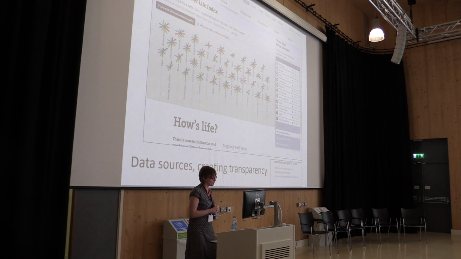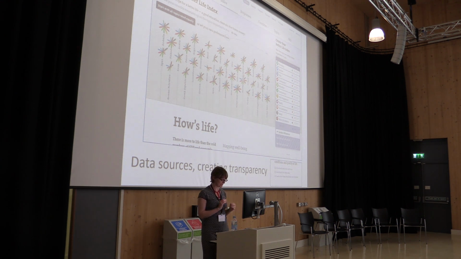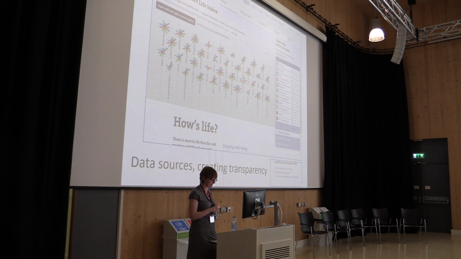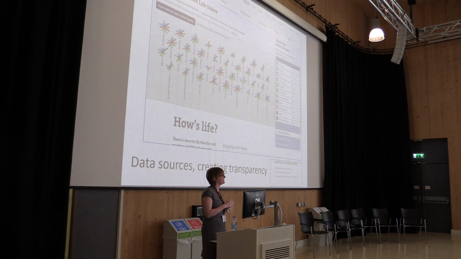The final convention that we talk about is the inclusion of data sources, and we say that this creates a sense of transparency. We can see the data on which the visualization is based if we choose to, and that makes it trustworthy. It gives us a message about the veracity of the visualization, even though for lots of us we wouldn't be able to make sense of a raw data set if we saw it in that form. So it tells us that designers have been true to data, it ascribes transparency and trustworthiness, or in Latour's term, it transports truth.